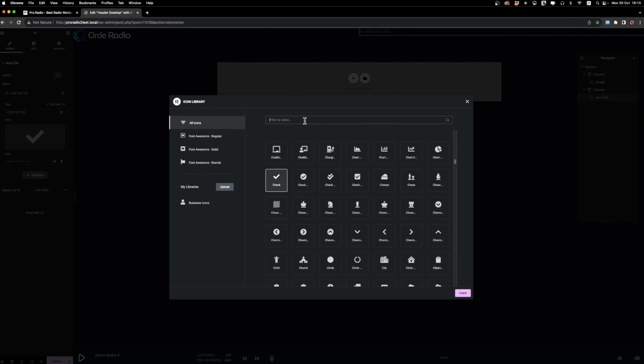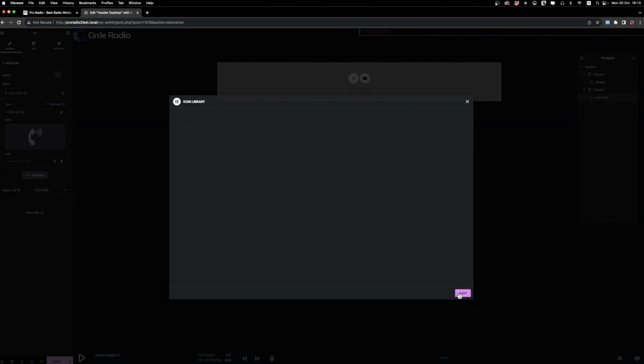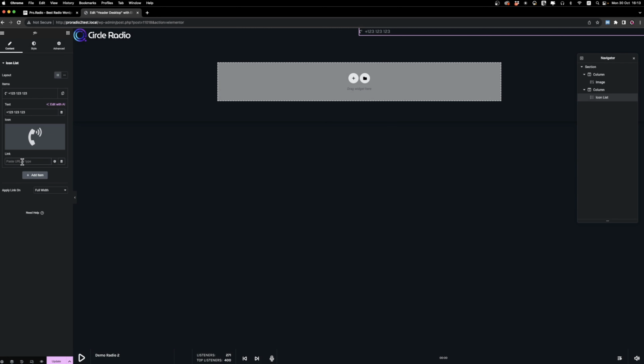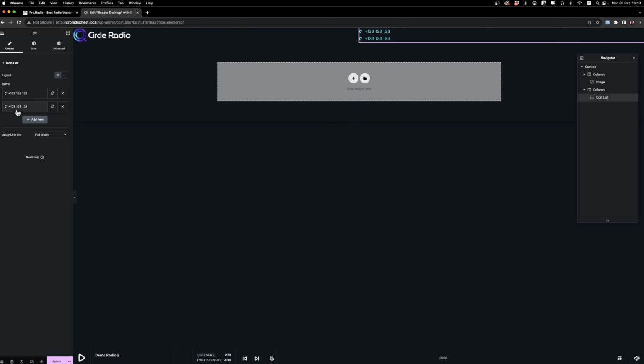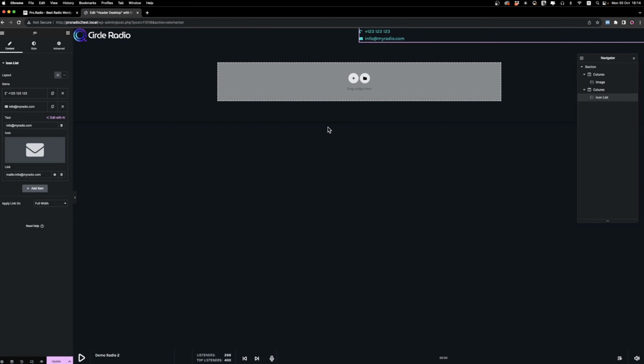Choose a phone icon and link to your phone number so people can click on the link to actually call your radio station. Now let's duplicate this and create a link to our email. And this we are going to set as mailto and the email address. Here we go. Let's set the list to horizontal